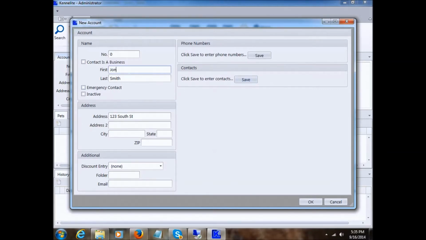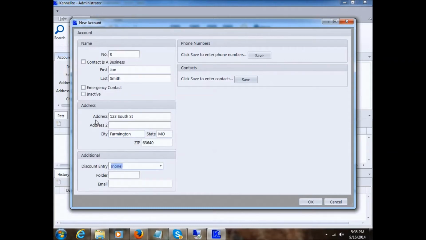Okay, as I hit my tab key on the keyboard, it should take me down here to the address. And I'm going to tab again, and notice that it jumps to the zip code. And that's because if we type in our zip code first, and then we tab to the next box, it will automatically fill in the city for us. But it will only do that when we initialize our list of zip codes. So I can show you how to do that here in a second. I'm going to go ahead and type in my city and type in my state,